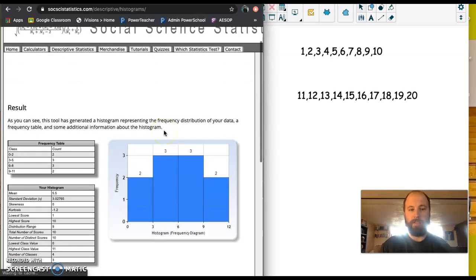Boom. And so this is my histogram. Now I have to take a picture of this, a screenshot. Okay, it does not have a download button. All right, that's how easy this one is. And so my histogram down below